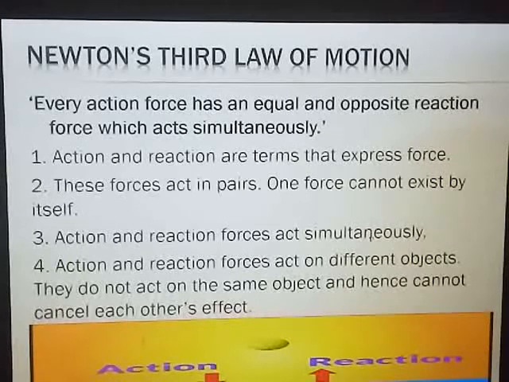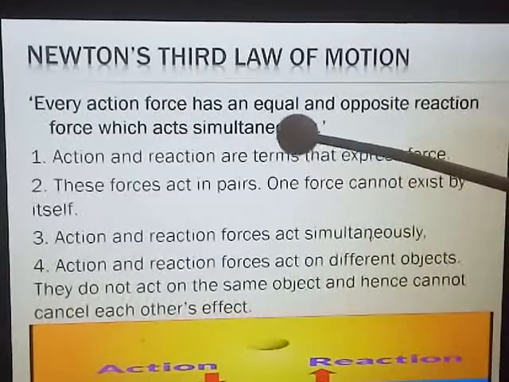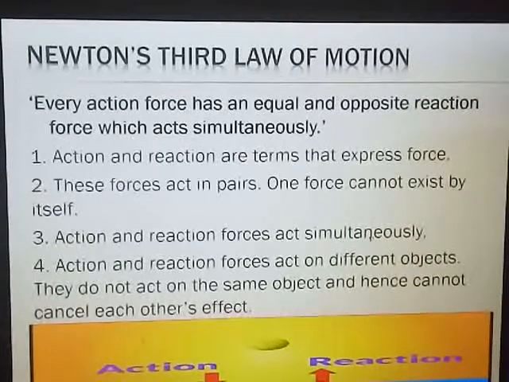So here the first child has performed the action of hitting the second child. And what has the second child done? He has given an opposite reaction by either uttering a bad word or showing his eyes, meaning showing that he is angry, or he will beat the first child. This opposite reaction will also be shown simultaneously, meaning at the same moment.